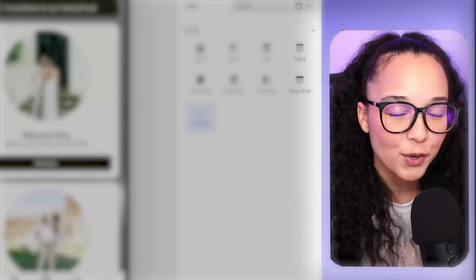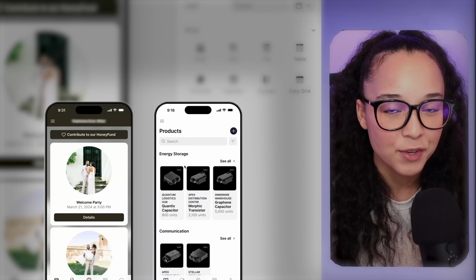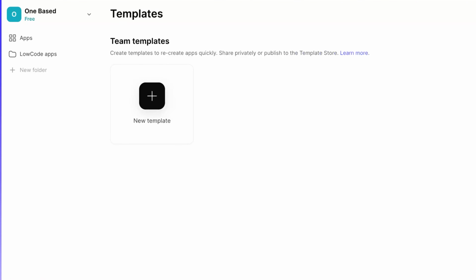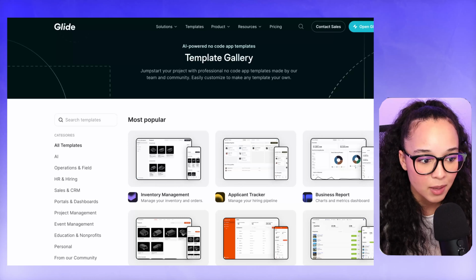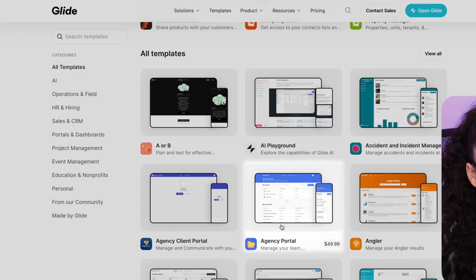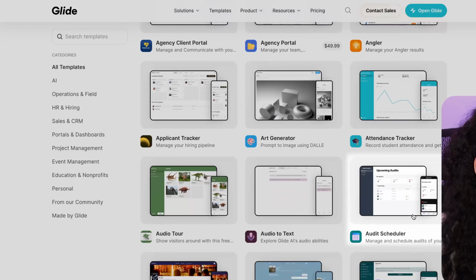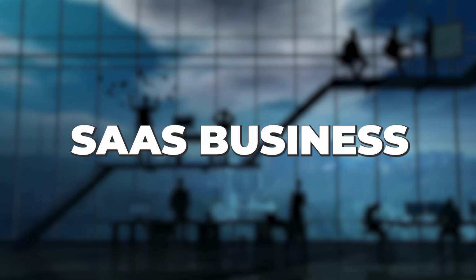So now I wanted to walk you through two apps that I've created using the Glide platform. So if you go down to templates and then you click on visit template store, AI playground, agency portal, attendance tracker, art generator, audio to text,